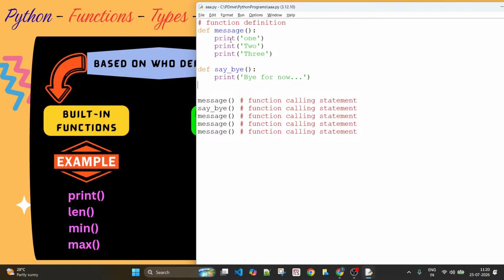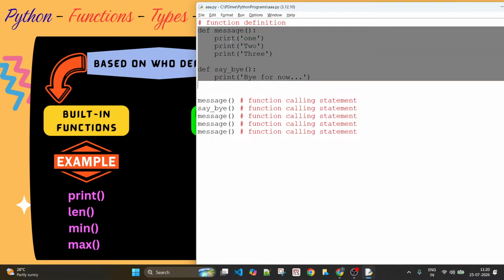See, you are able to write a statement like message, because this message function has been defined in your scope. You are able to write a statement like say by, because within this say by you have written the function body of the say by function, right? So you are able to make calls to these functions. While you are able to make a call to the print function, did you define the function print anywhere within this scope?